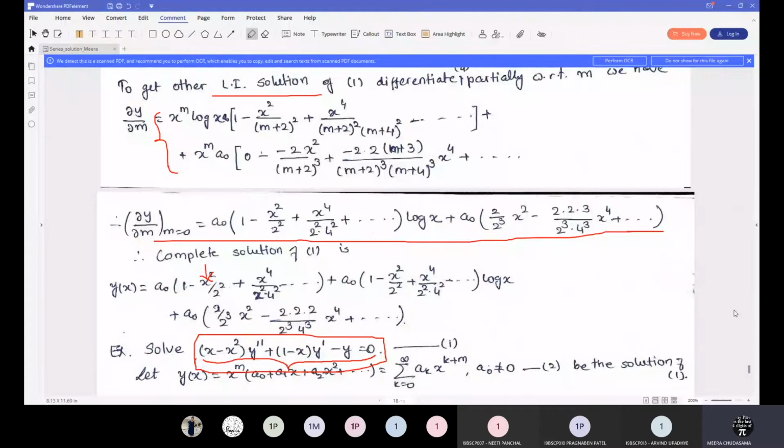Okay, 3 students say that they will try by themselves. What about the others? Okay, Neha is also saying that we will try. Fine, Pragna is also. So now, see, 7 or 8 people are saying that they will try by themselves. So you try, and those who find difficulty can ask me anytime.